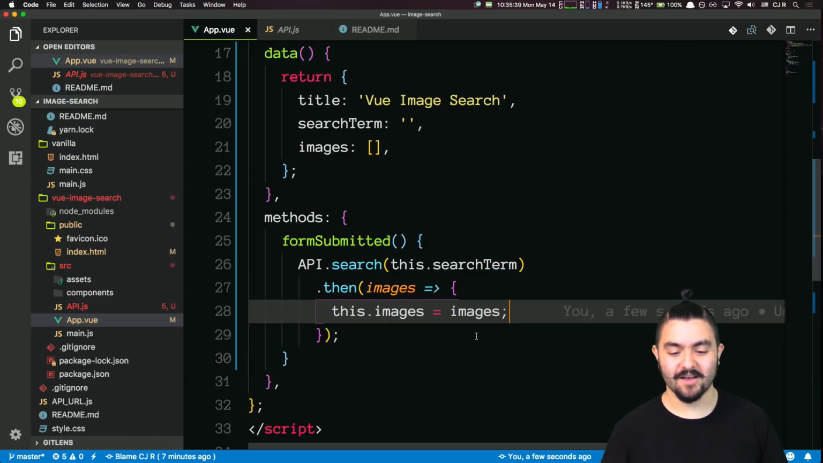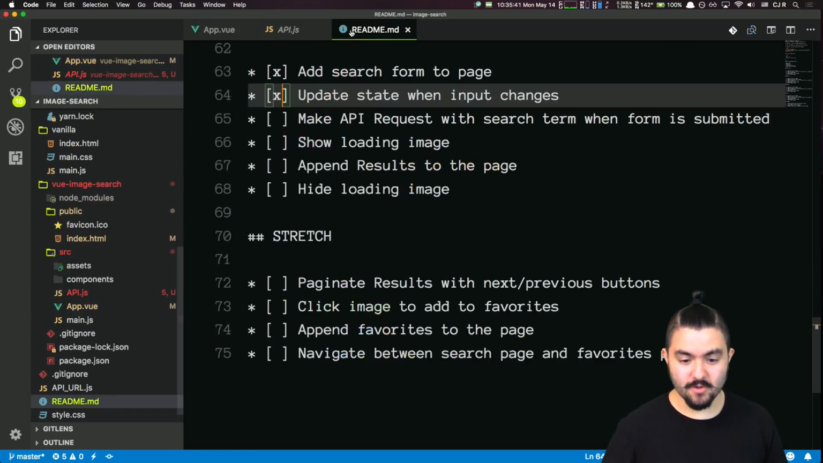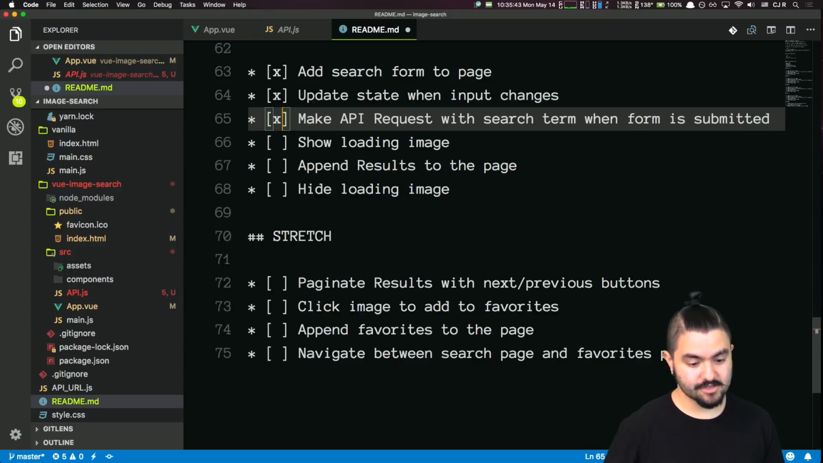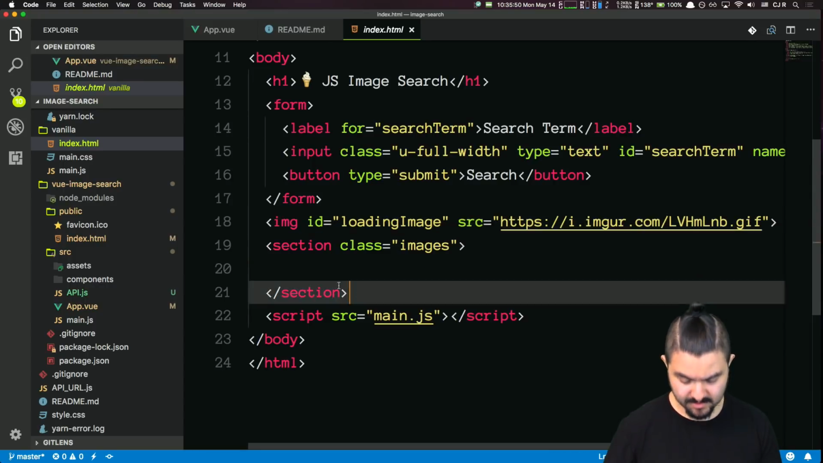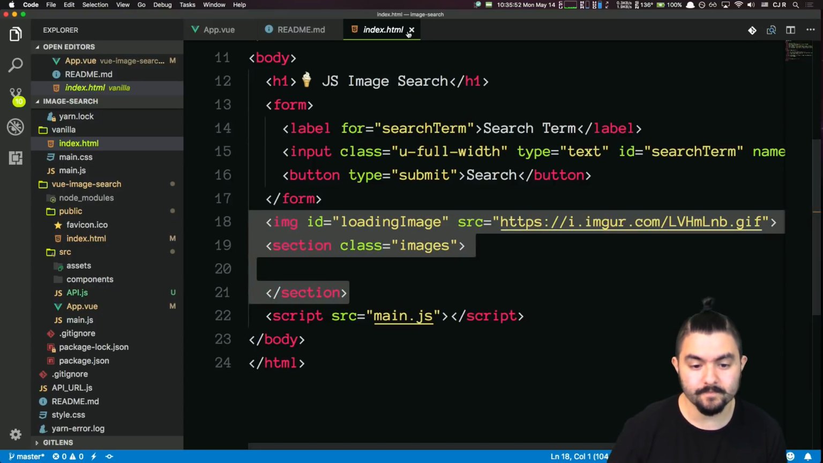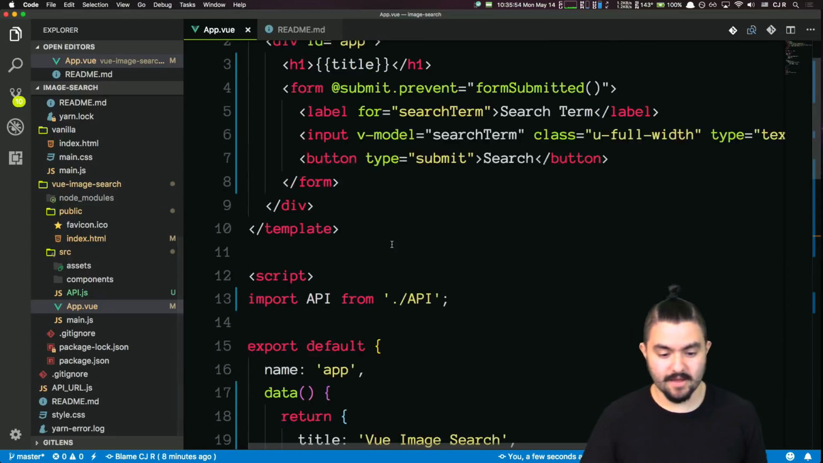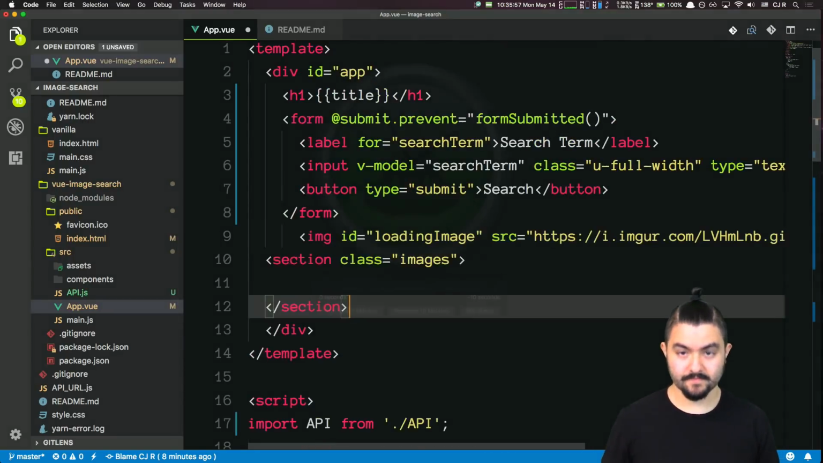Great. I think, again, we want to show that loading image. So let's grab that from our vanilla app. Actually, we'll grab both these things because we want to do that. So in my Vue app, right below the form,